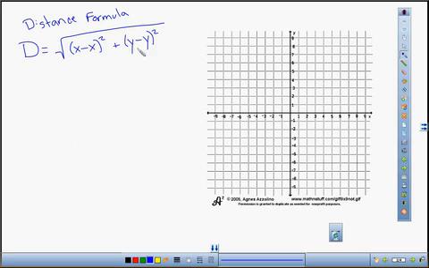We then had to square them both because it was a squared plus b squared. And once we did a squared and b squared, we added them. And then it was equal to c squared, so we had to take the square root. So this is the formula, but you got to make sure you know how to use the formula. Your first steps are always going to be subtract the x's, subtract the y's,